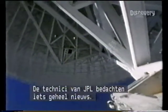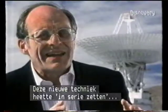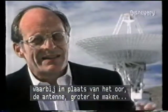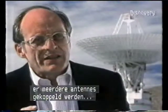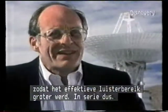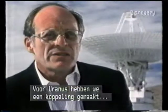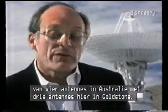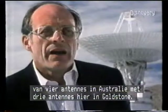JPL's engineers would find an innovative solution. A technique called arraying was devised, where rather than making the antenna bigger, several antennas were electronically connected together so that the effective listening area would be larger, and that was called arraying. At Uranus, we arrayed together 4 antennas down in Australia,